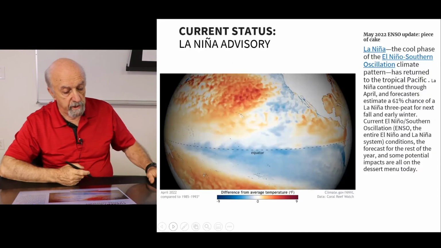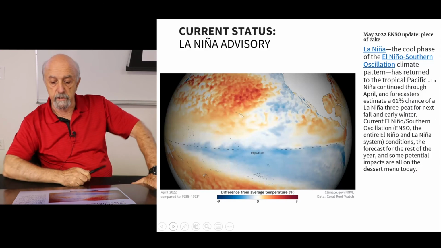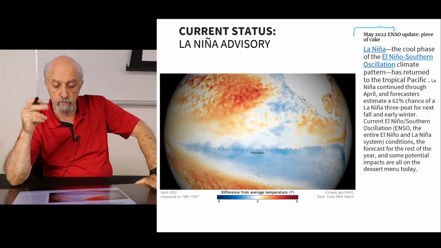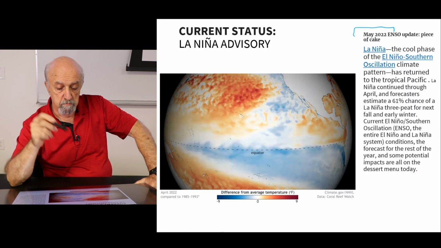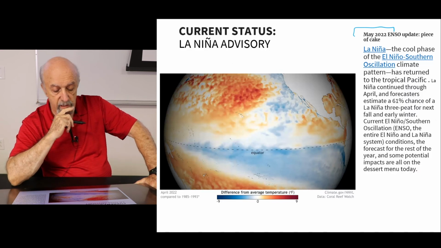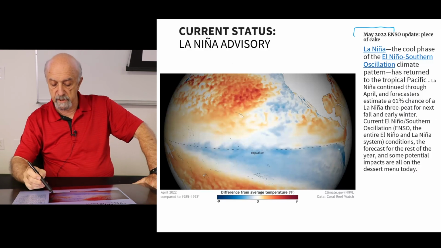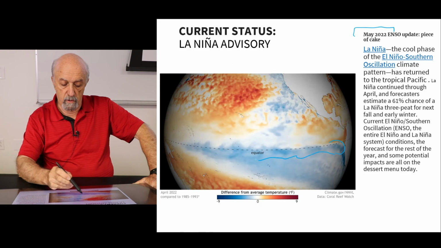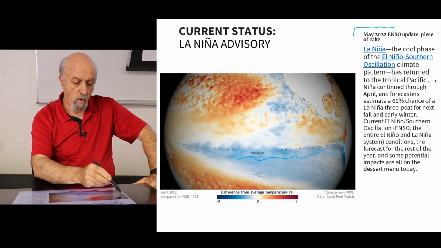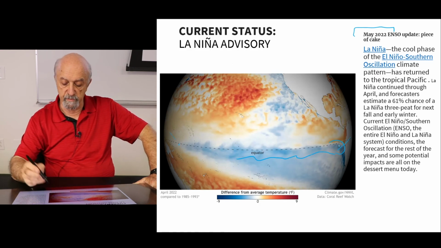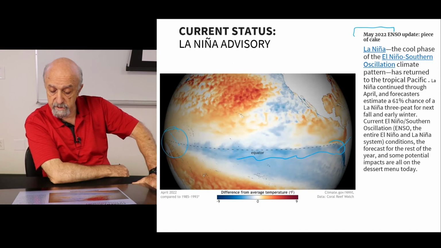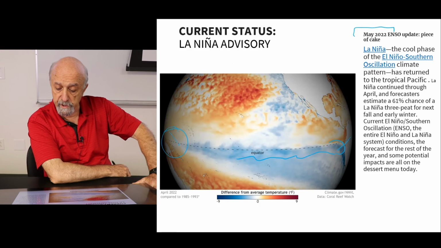Now, what do we have right now? What we have now is La Niña. According to this view here, May 22, La Niña is well defined here. This is the equatorial line. You see here is cold water all the way here, warmer water in here, so no precipitation here, precipitation and warmer climates in here. So that's what is going on right now.